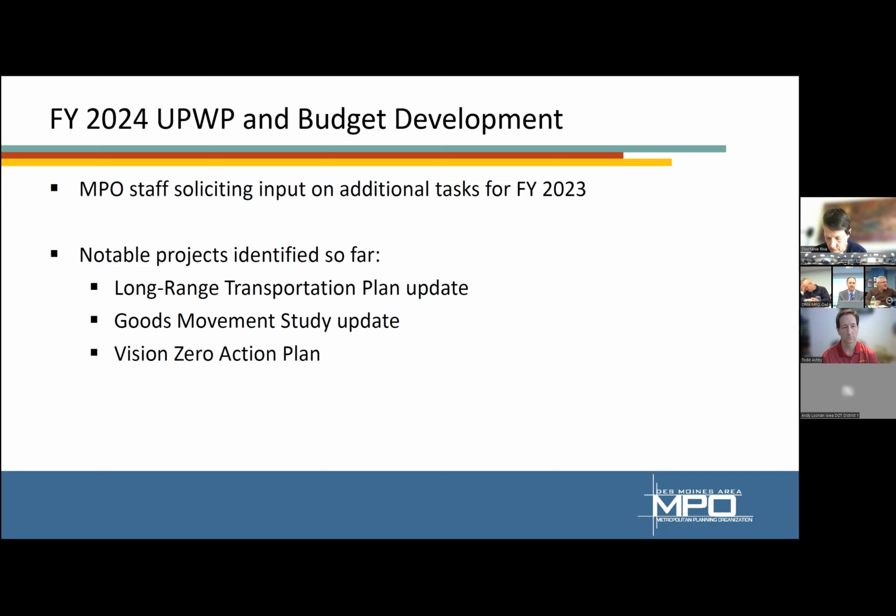As we talked about, the long range transportation plan will be a big priority for the next fiscal year, as that's due next fall. Vision Zero, Safe Streets for All, we'll talk about that. That's the Vision Zero action plan. We'll talk about that later. The goods movement study was proposed directly from the city of Des Moines, actually. This is in our current FY23 work program. We've done some initial work on it, but they said it's enough of a priority that if we don't get through it all this year, let's make sure we get it in next year. So we went ahead and documented it there.